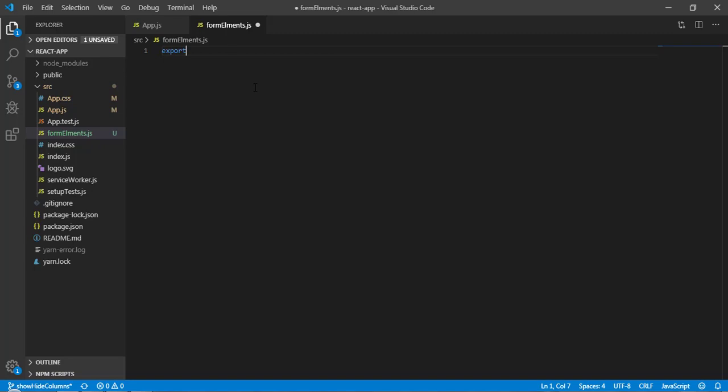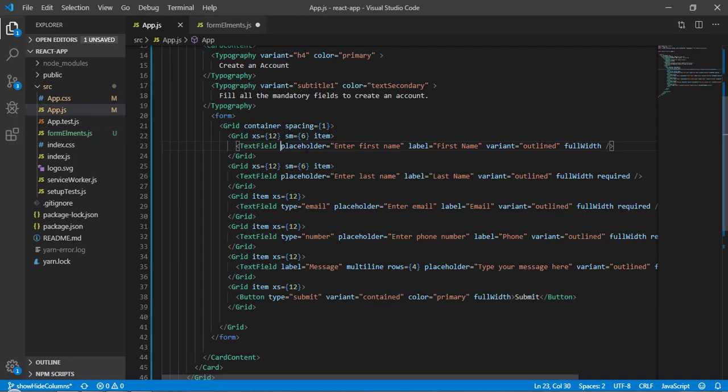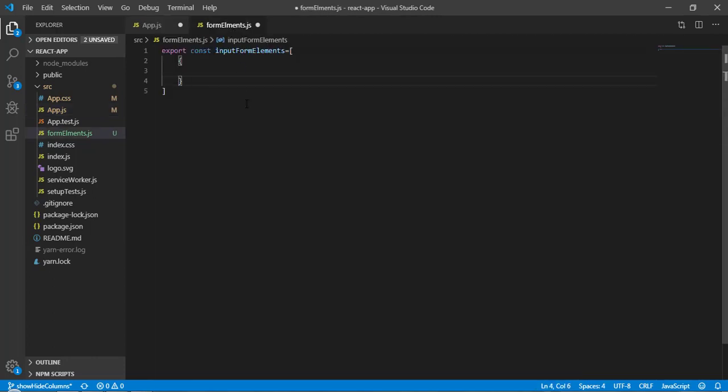So here export const, and I will call it inputFormElement. This is going to be an array, and each object is going to denote a text box. So from here let's cut the placeholder and all those props, since we don't need them here anymore, and paste them here.